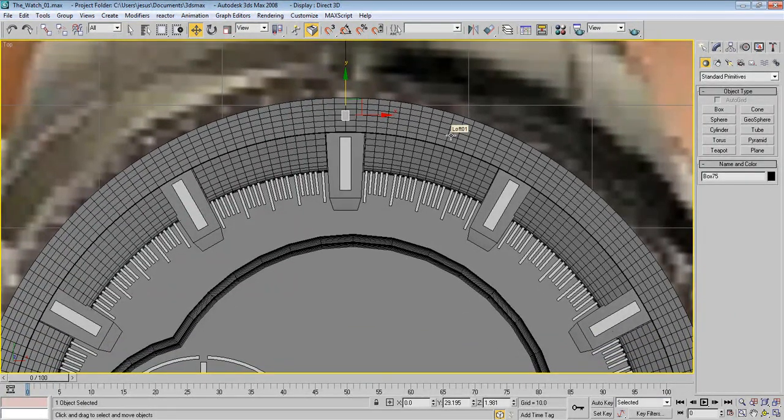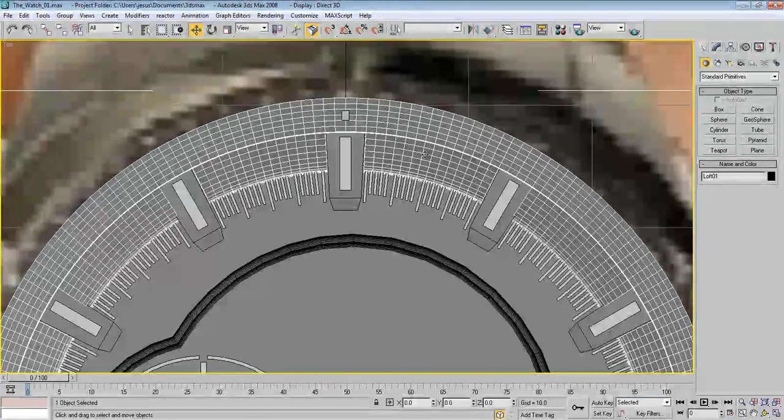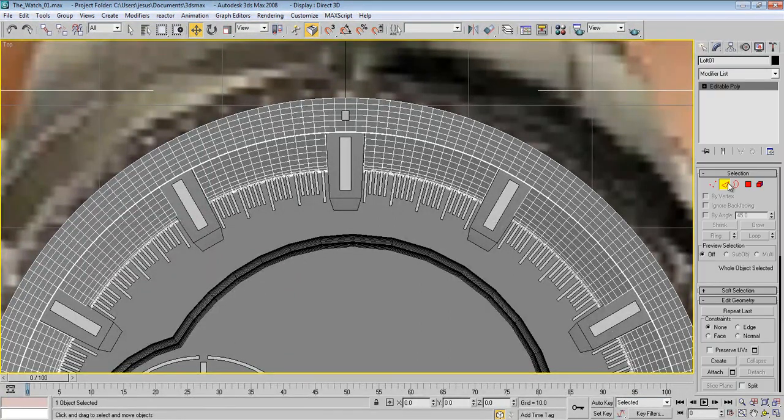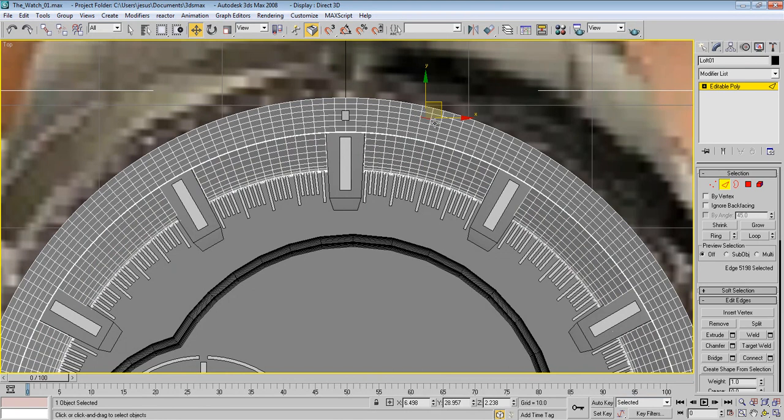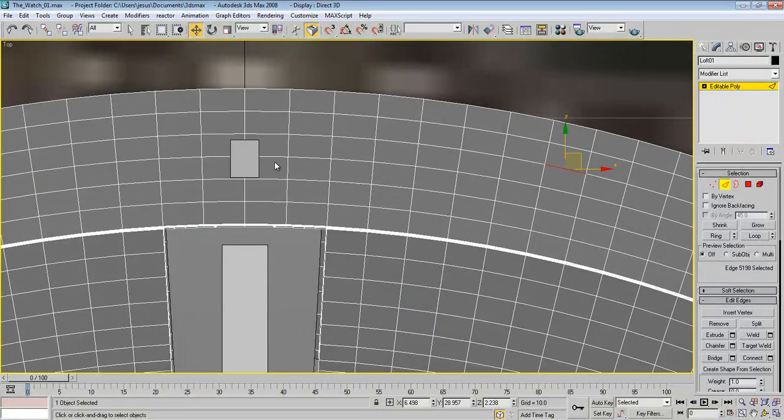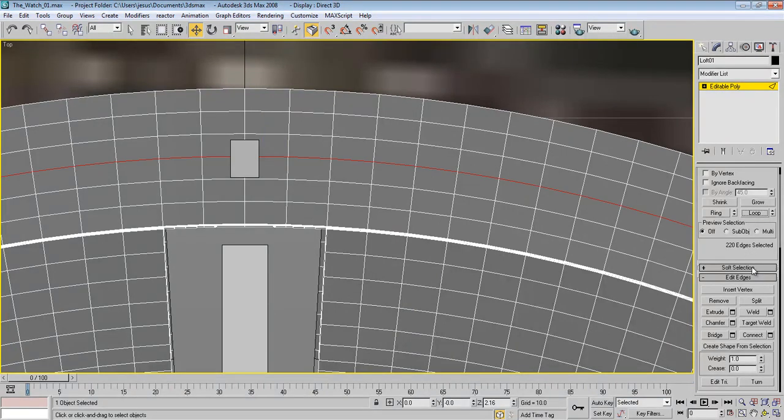Maybe you need to take one edge from this and make it as a shape. So how to do this? Very simple, just select maybe this edge, press loop and create shape from selection,